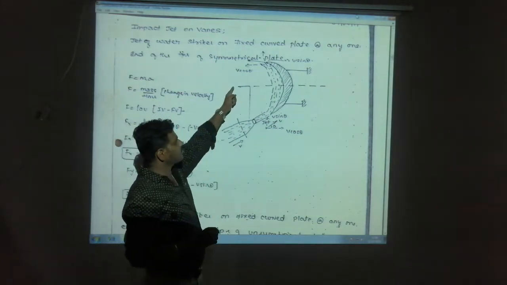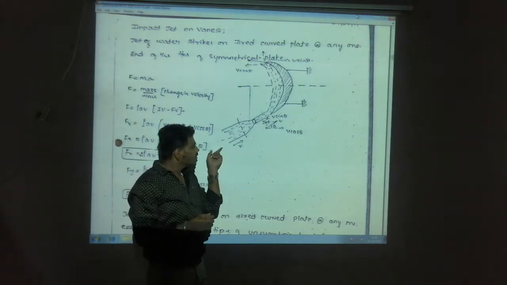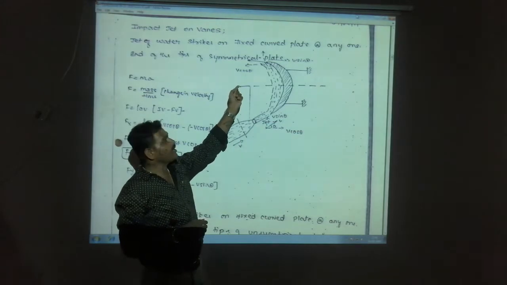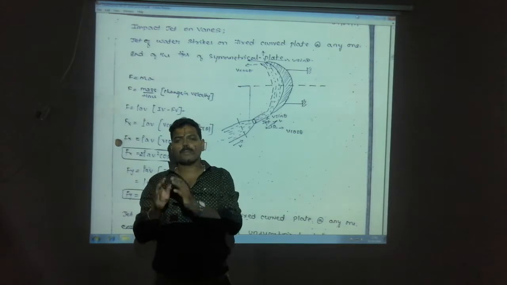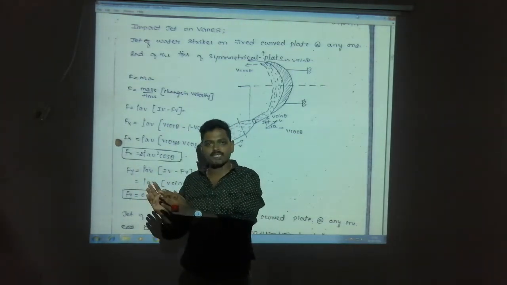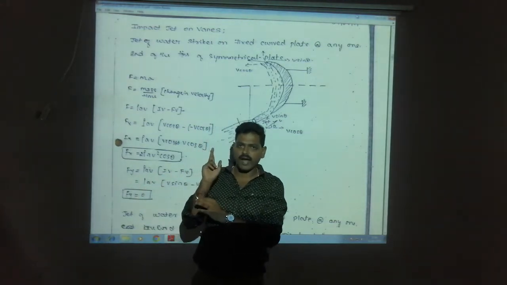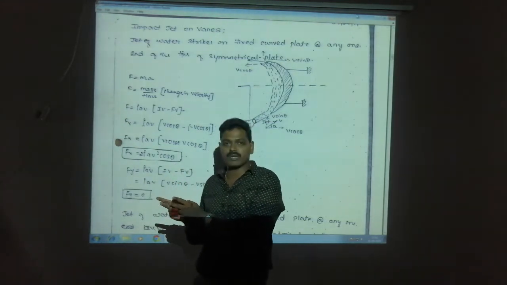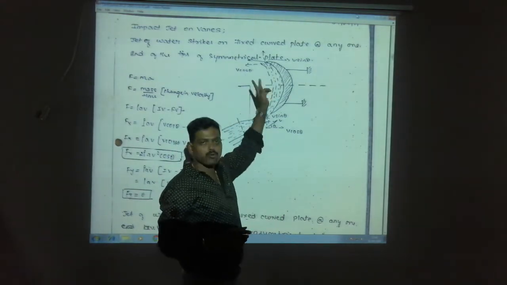Horizontal component will become v cos theta and vertical component will become v sin theta, because the initial velocity from the pipe will be v, and when it is coming out at the end again it is v, because here it is a symmetrical plate. Symmetrical plate means if you are cutting exactly at the middle and looking between these two plates, it should be the same. If the plate is unsymmetrical, and you cut it into two, both the plates will look different, and we'll call that unsymmetrical. Now we are looking at the symmetrical plate. When it is cut exactly at the middle, then both the plates will be the same.